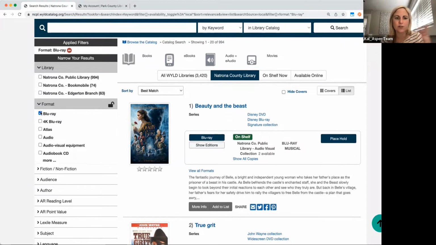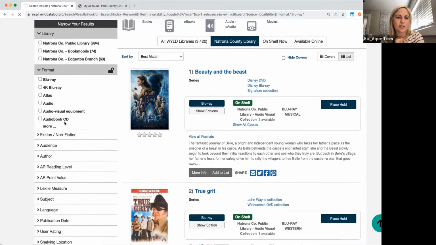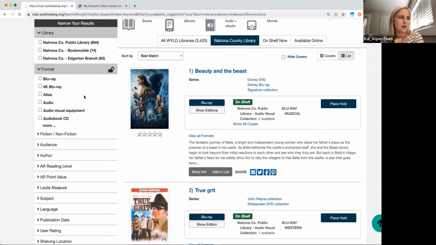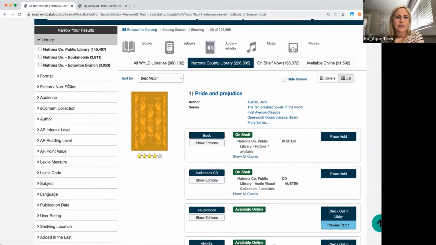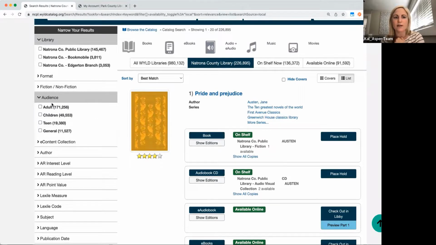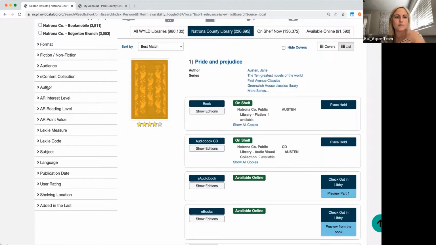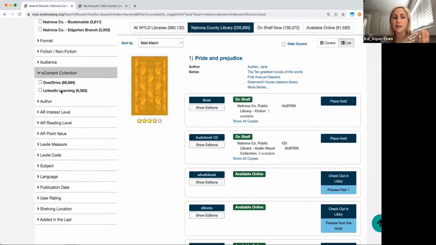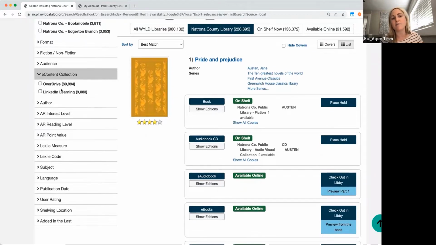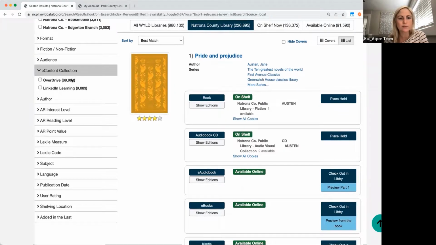With those facets, there's a ton available over here. So we have things like fiction, nonfiction. It's just reloading right now. Things like the audience, so maybe you just want to look at adult or teen. You have the access to look at your e-content collections. So some of you might have LinkedIn Learning loaded and your Overdrive loaded, but depending on what your catalog setup is and what you're subscribed to, you have some access over here to the different e-content collections.